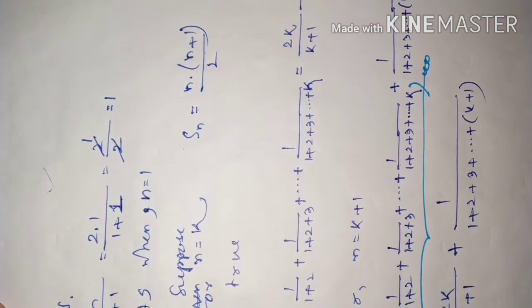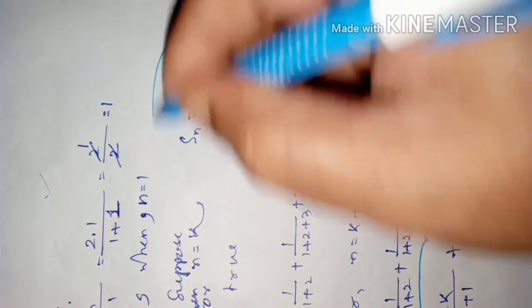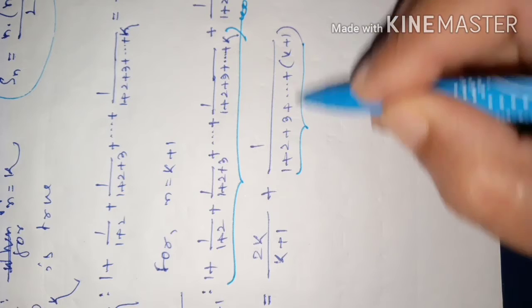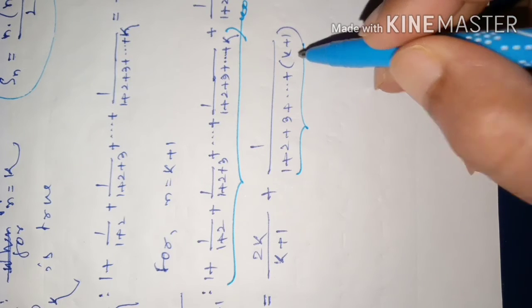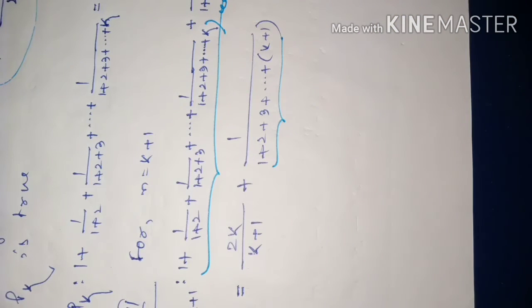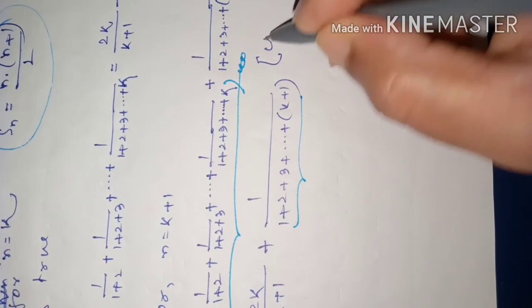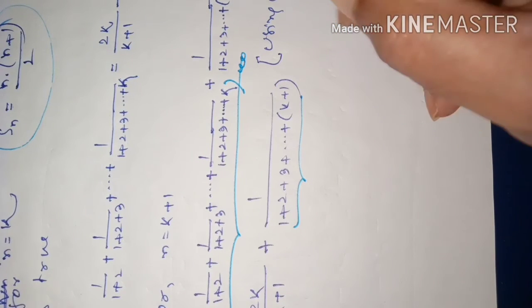This was the formula, no? So if we use this formula here now for this whole expression, how many terms are these? K plus 1 terms. So using that formula here also we can say like this. This first part will remain same. Here we will say using statement 1.